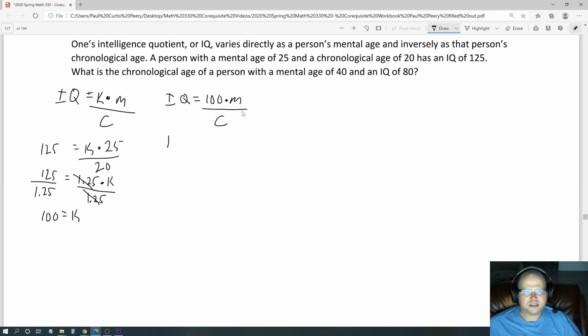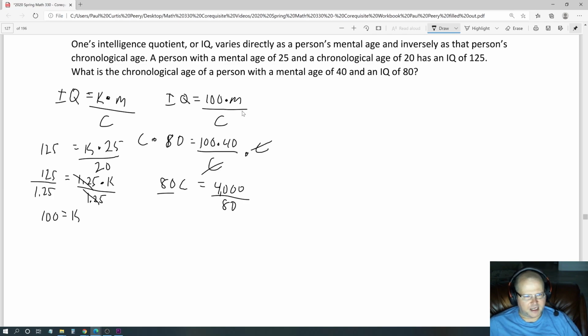Now they want us to find the chronological age. Okay, so we're solving for C, of a person with a mental age of 40 and an IQ of 80. Okay, so we multiply both sides by C to undo the division by C to get rid of that C in the denominator. Those cancel out. That leaves me 80C is equal to 100 times 40, are 4,000. Then we divide that by 80, divide by 80, cancel, cancel. C, oops, is equal to 50. So it looks like the chronological age is